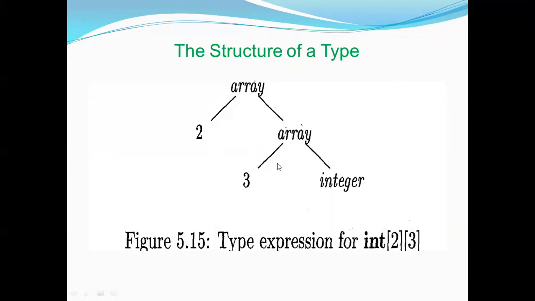So if you look at the structure of this, it's an array of 2, of array of 3, of integer type. So now I need to get the data type of this particular array. Then only I can mention in the lexical analyzer that it's an array of integer whose size is 3. Once I get this value, I can make an entry into the symbol table once again. It means that it's an array of 2, array of 3 of integer. So this is how the information is passed from one node to another node.